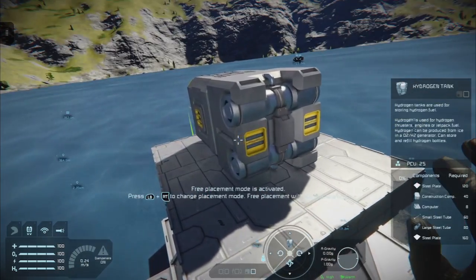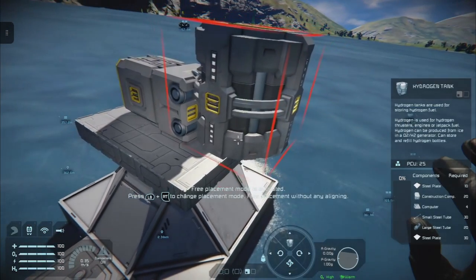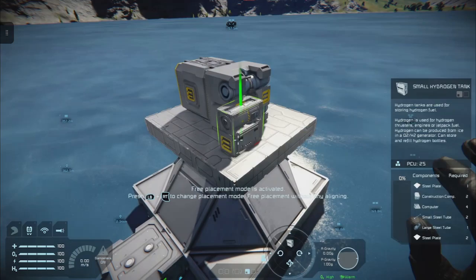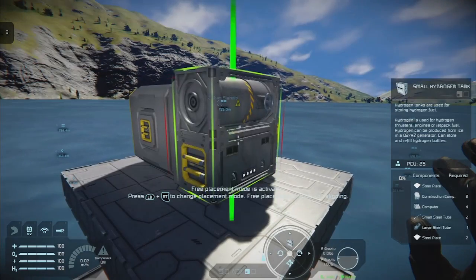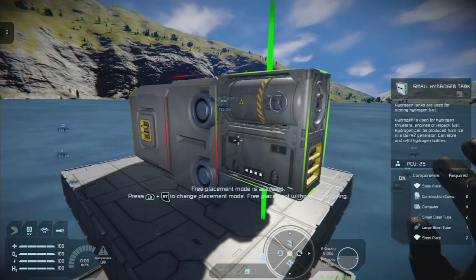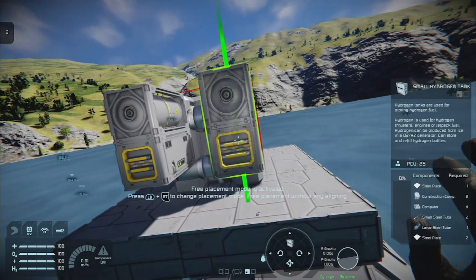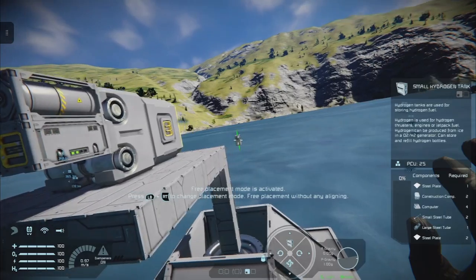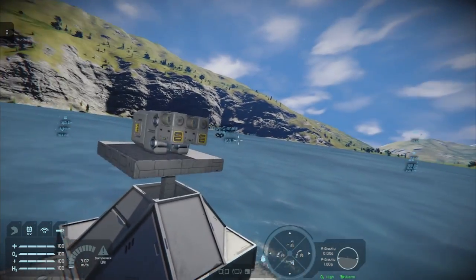We want hydrogen tanks for small grid, and you can see these hydro tanks here are like this, and we connect them in across this way.